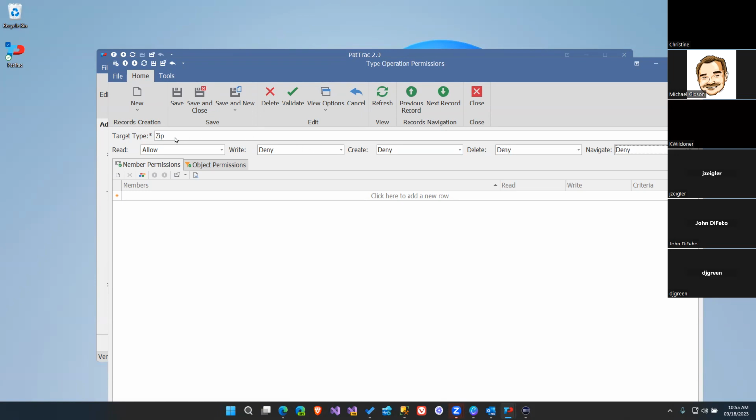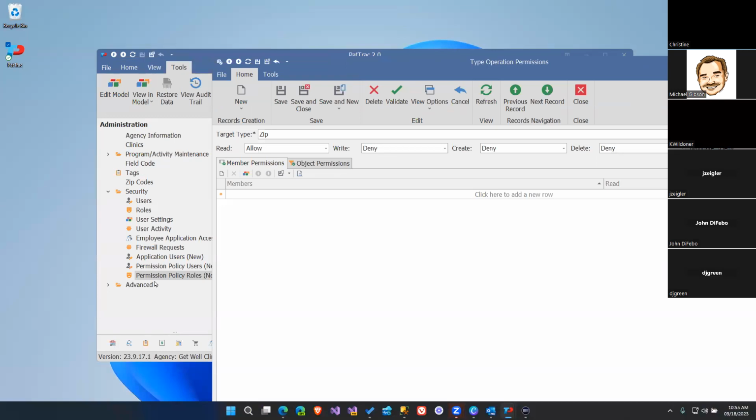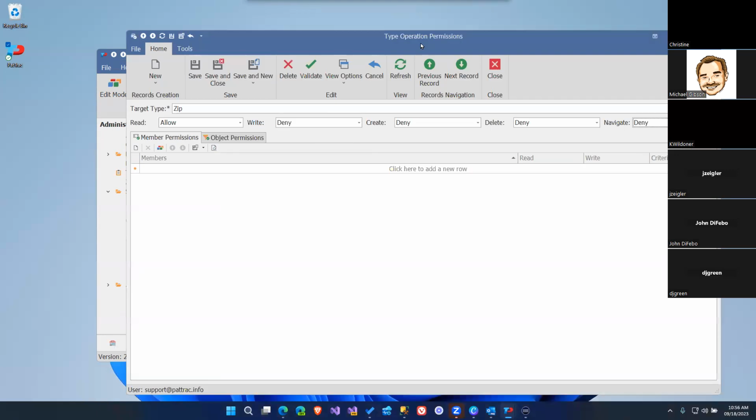What's going to happen is basically on the list view where we have a navigation item that allows you to look at zip codes, you're just not going to see it. Kind of like an automatic menu change, in that if I don't have navigate permission in that particular object, then I just don't even see it on the menu. So this was the way we would do it in old PatTrac,